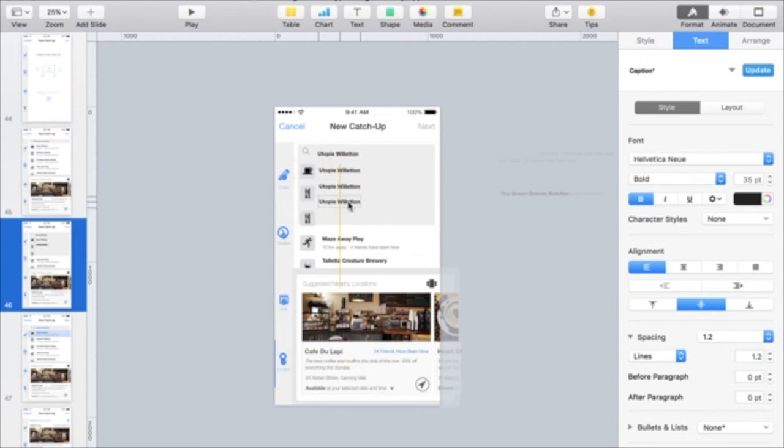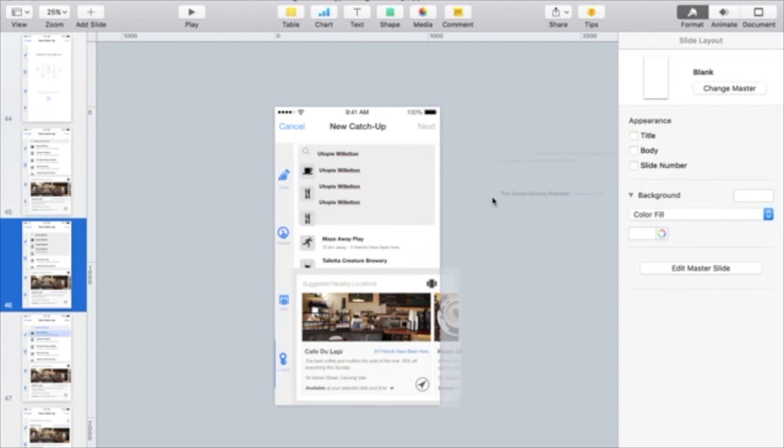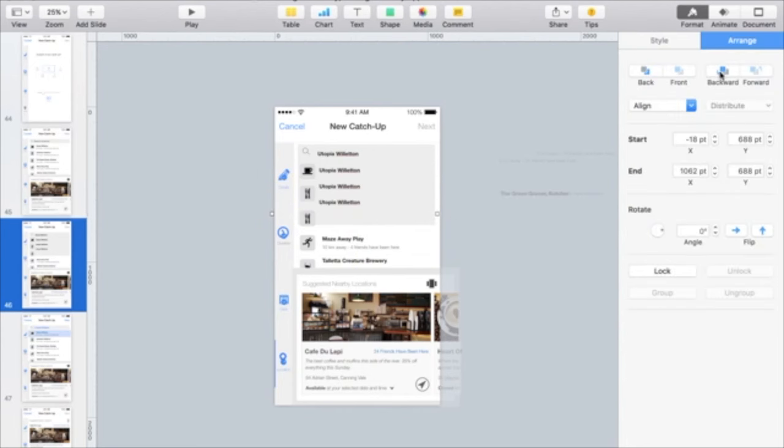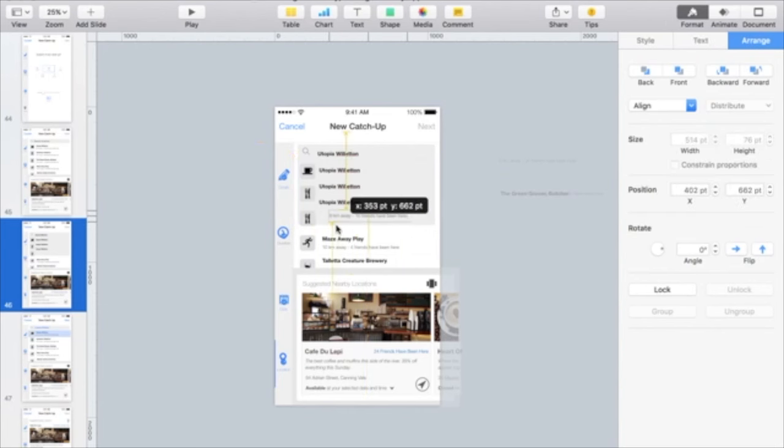Right. And then say here, it has a separating line. And then what you can have